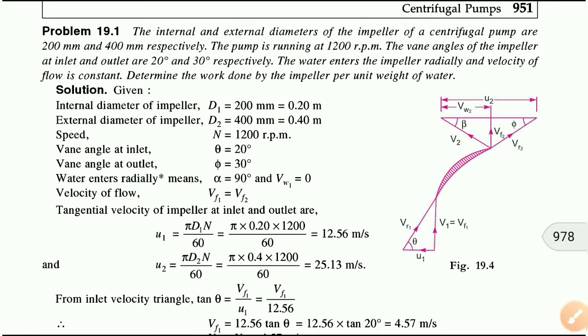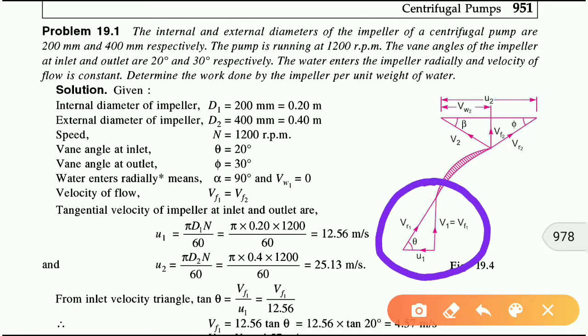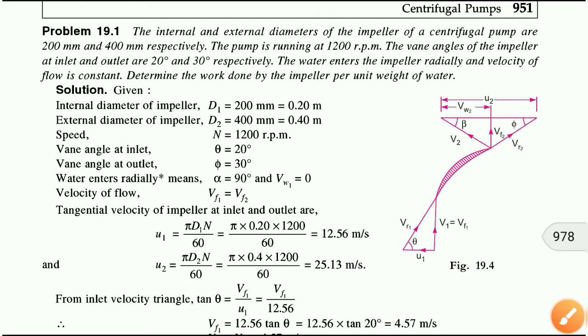Now this velocity triangle will look like this. We note that the velocity triangle at the inlet is like this, where theta is the vane angle at the inlet. In this case it is given as 20 degree. Vr1 is the relative velocity at inlet. V1 and Vf1 are equal, and at the outlet triangle